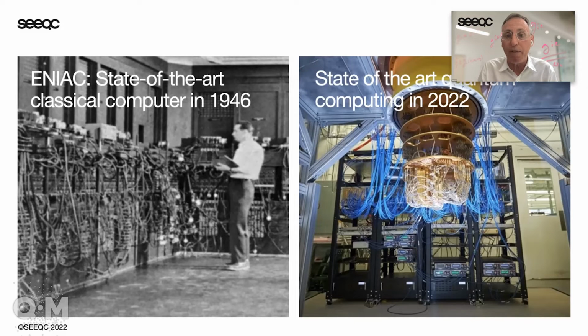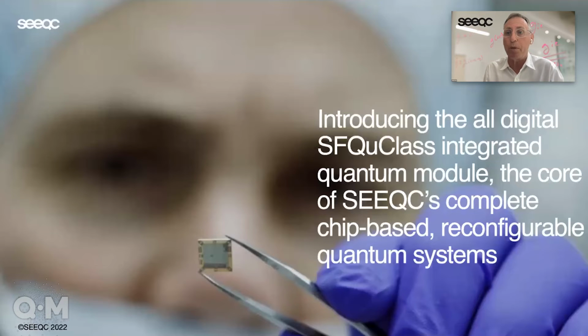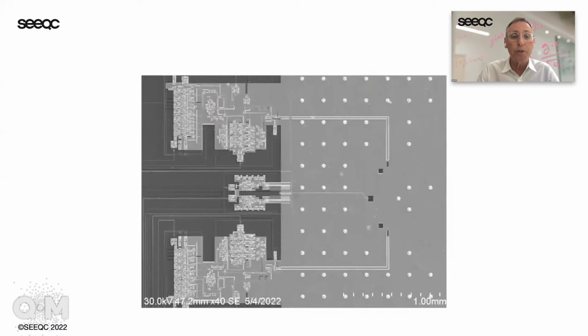And to do that, what we've effectively done is replaced all the racks of equipment, all the connectivity, operating at going from low temperature superconductive temperature to room temperature back to superconductive temperature, going from analog to digital to analog, all that complexity, cost, etc. And we've reduced it to a series of chips that look just like this. So this is a single flux quantum chip. This is in a reconfigurable architecture. This is an example of an entire control chip for a quantum computer.